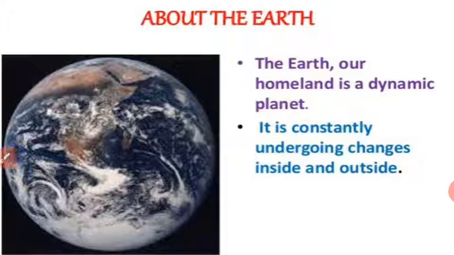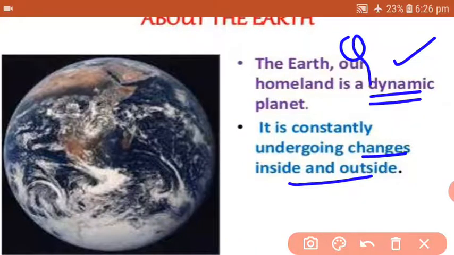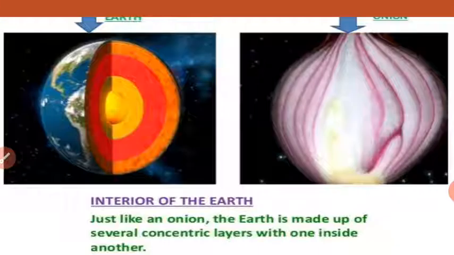In the first paragraph itself of your textbook you will find this information that the earth is a dynamic planet. As you can see, it is written that it keeps continuously changing, as the earth is continuously undergoing a number of changes inside as well as outside, and that's why it is known as dynamic. There is a 1 mark question: give reason, why is the earth called a dynamic planet? It is constantly undergoing a number of changes, and that's why it is known as a dynamic planet. Next we will be continuing.